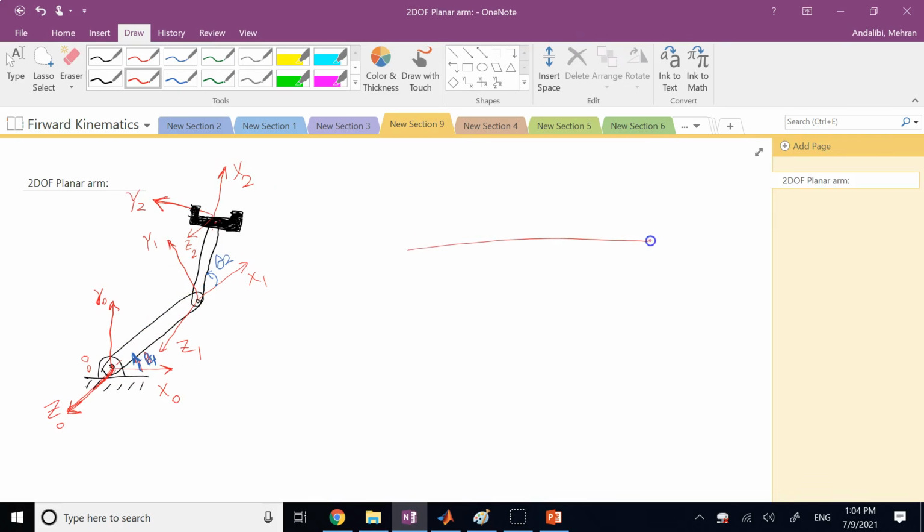So what I will do is this. I will form a table, okay, and then here I would say this is, if you remember, the order of them were theta, D, A, and alpha. So this is for frame 0 to 1, okay, or for link 1 or joint 1,